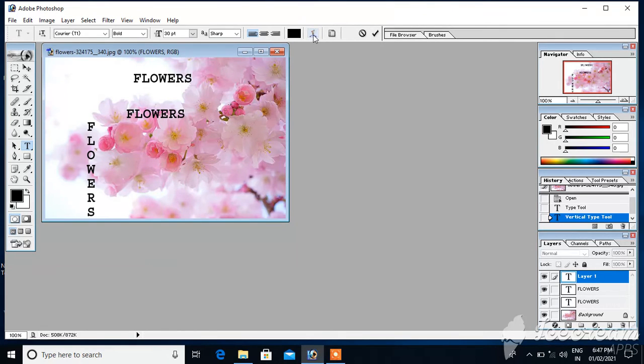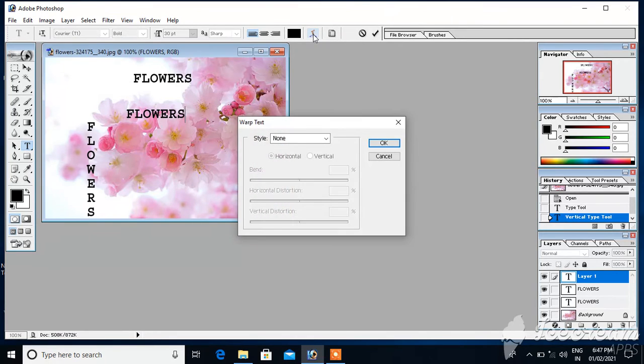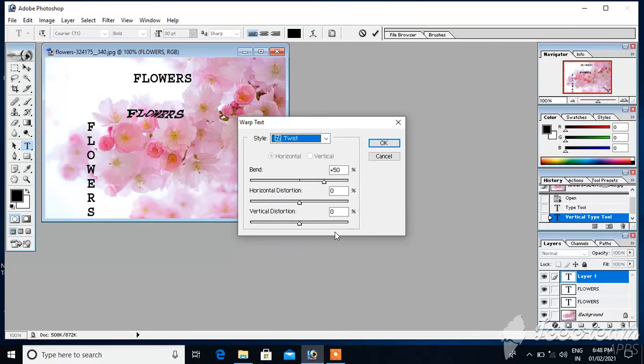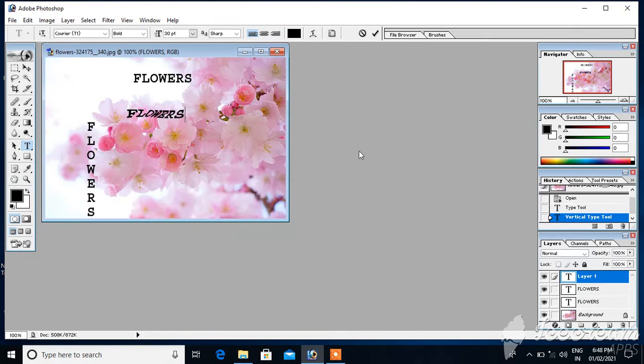Now if you want to give shape to this text, how to give? Just click on wrap text. Here style is none, so select the style. I will select twist. See how it comes. Twisted text, you can see it here.